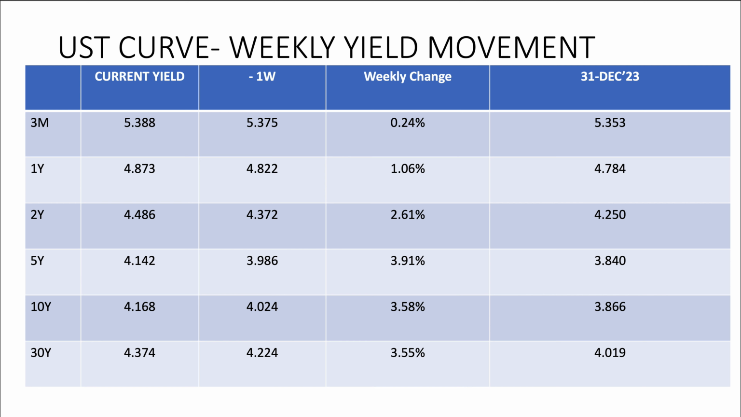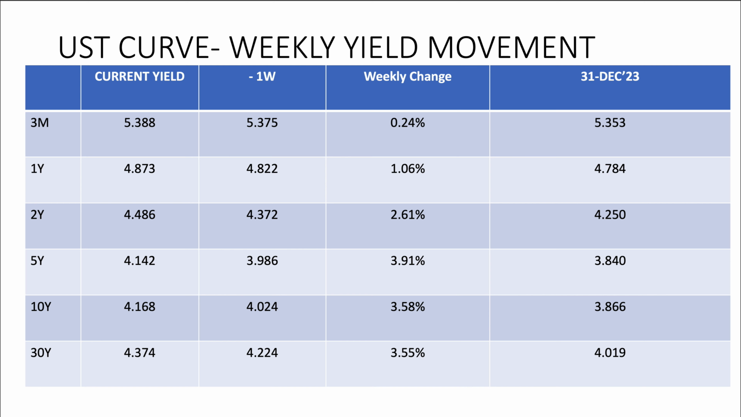For 1 year, the current yield is 4.873, which in weekly change from last week is 1.06%, and on 31st December 23 it was 4.784. Now the 2-year current yield is 4.486, which in weekly change is 2.61%, and 31st December 23 was at